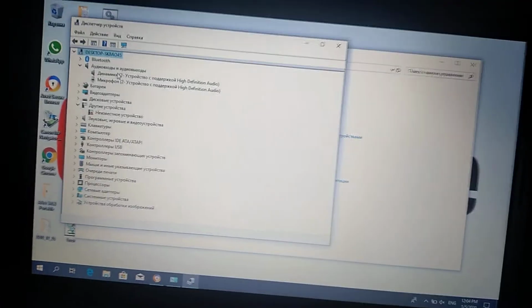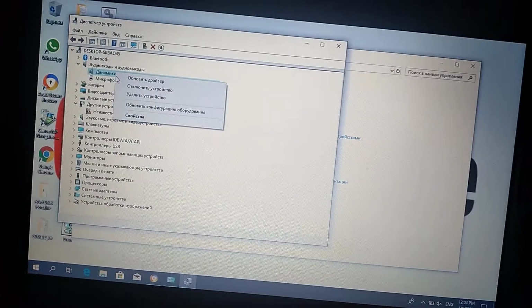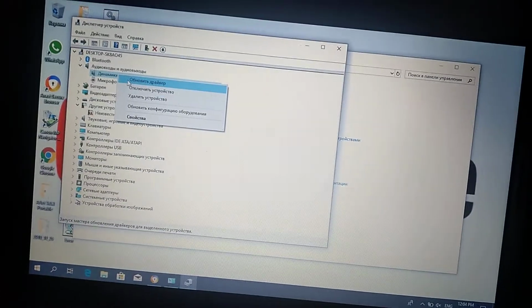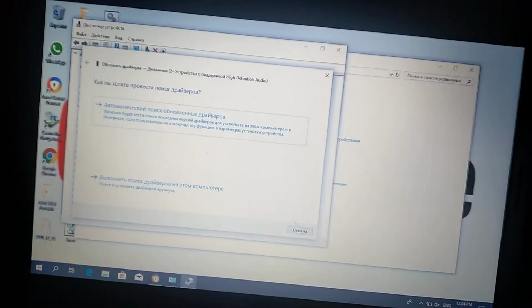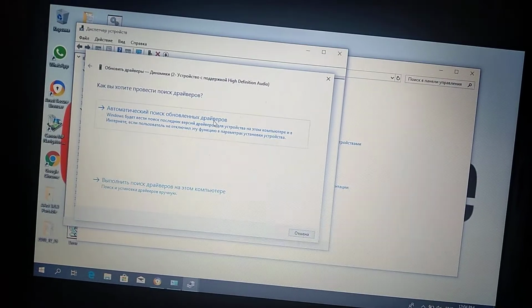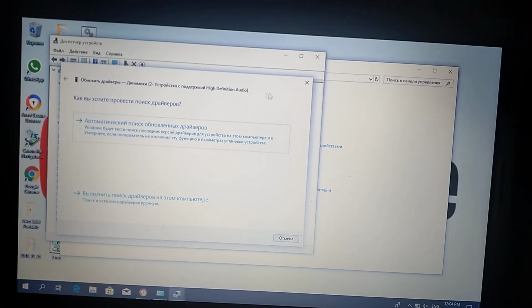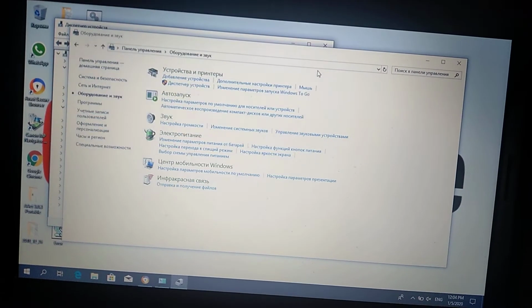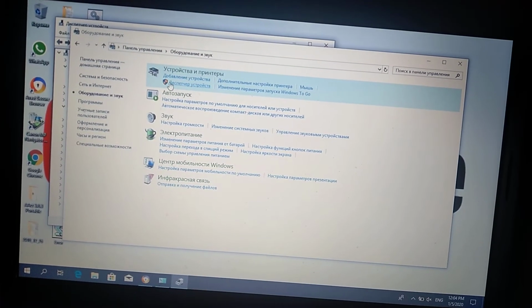Sound. So just click here on Speakers with the right mouse button and click Update driver, and click on automatic search for drivers, and after you do it just click here,